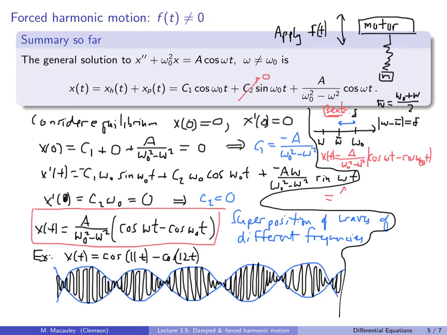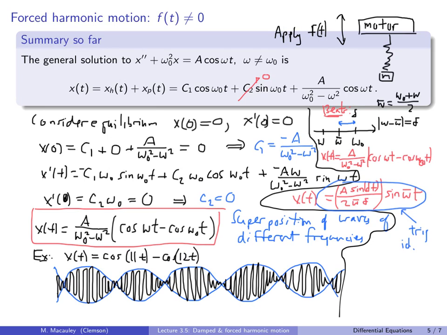So this is A sine of delta t over 2 omega bar times delta. That's just a number times sine of omega bar times t. And this is just a trig identity. So let me circle this right here. Let me say x of t is equal to this. So using a basic trig identity, we can rewrite this difference of cosine waves as a single sine wave with frequency, not omega naught, it's omega bar. So in this case, this is going to have frequency 11 and a half,